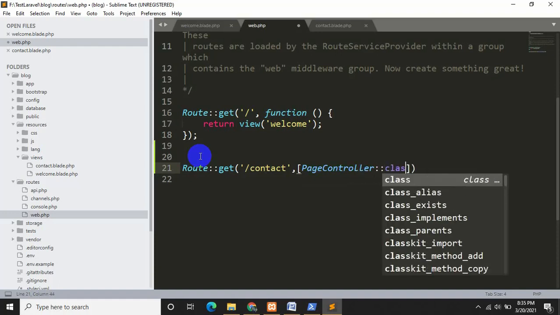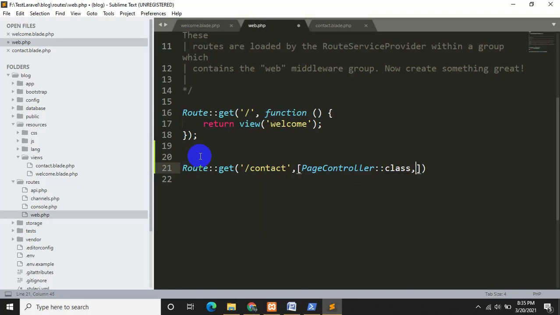Then we need to give it a class name, comma, then a function name. Class name will be let's say index. Okay, so let's save it.